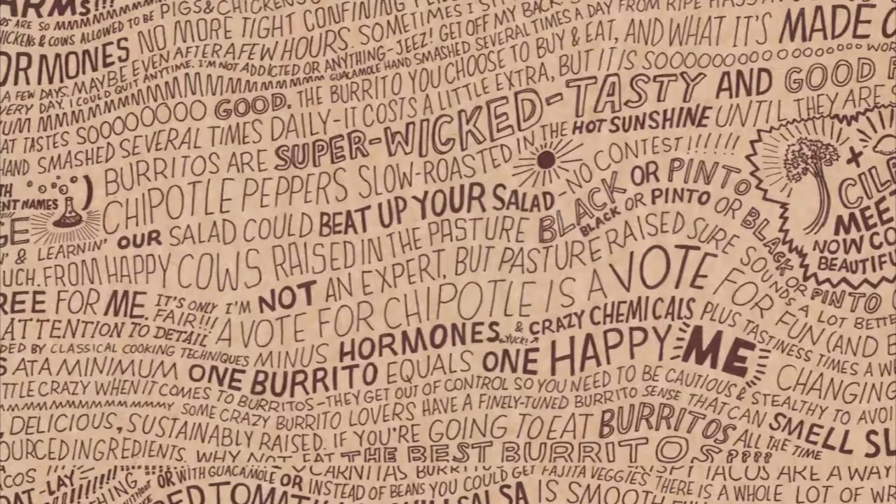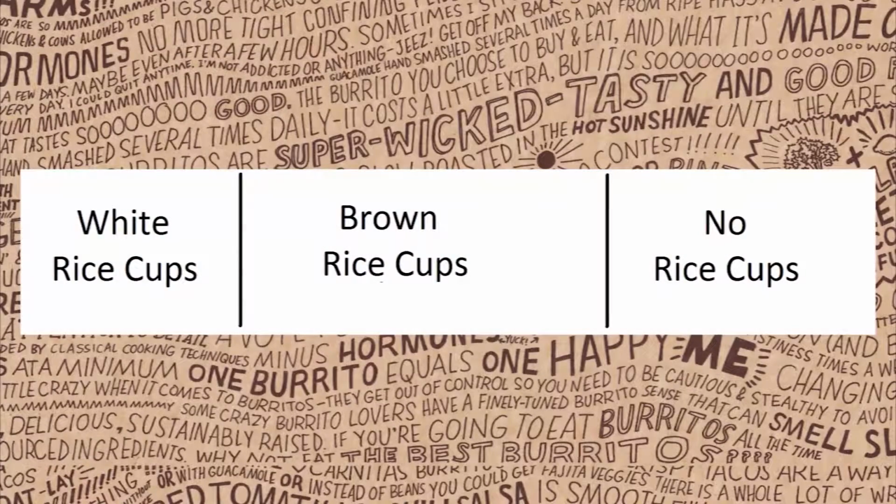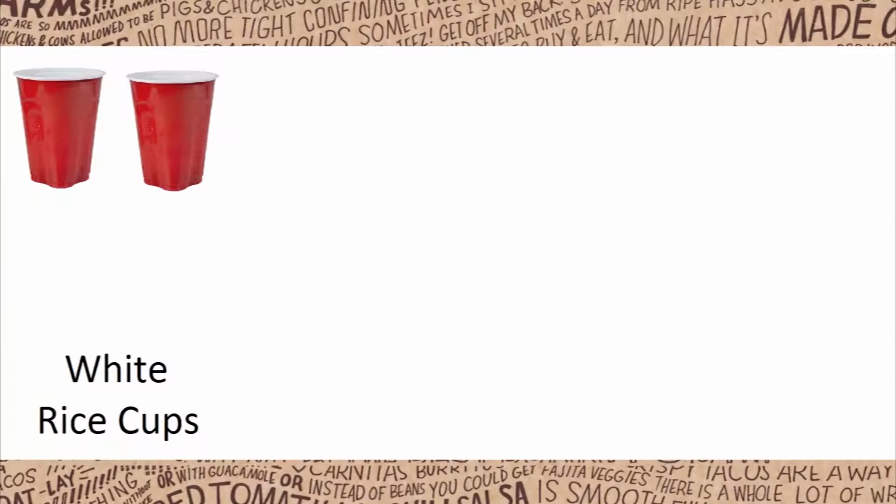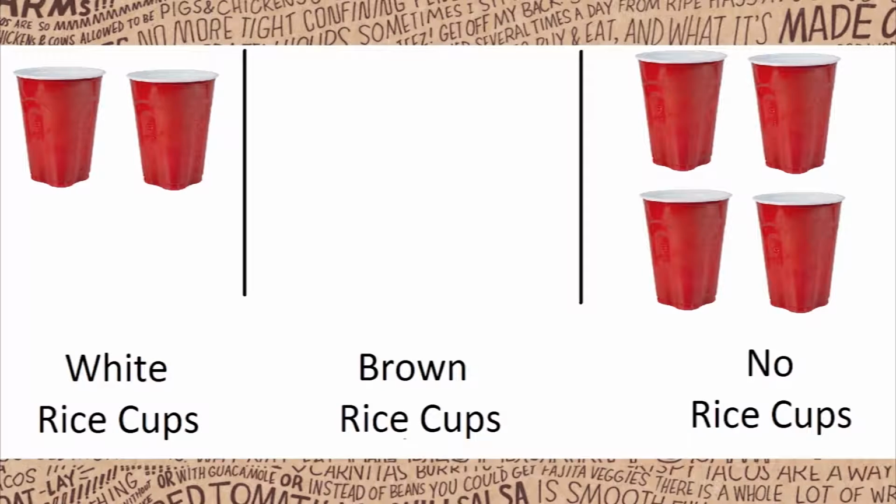Combinatorics tells us that we need one less bar than the number of different options we have, or in the case of rice, 2 bars. This is because with 2 bars we can make 3 distinct sections. Let's look at an example. To visually display 1 scoop of white rice, we need to put 2 cups, then 2 bars, then 4 cups.